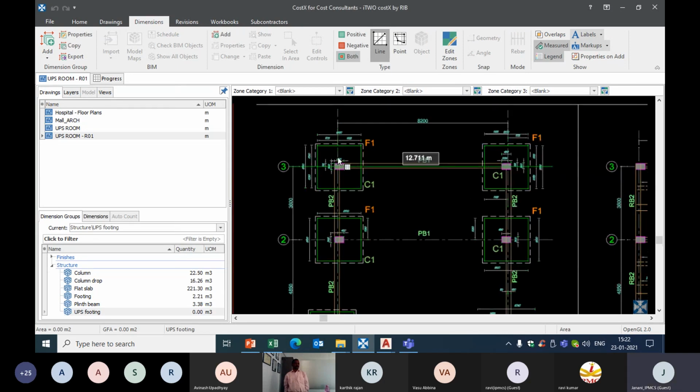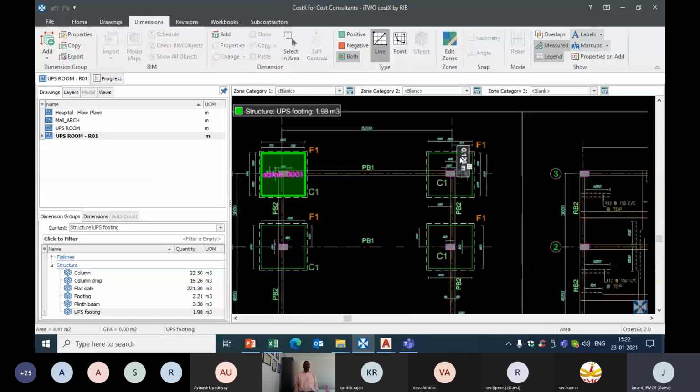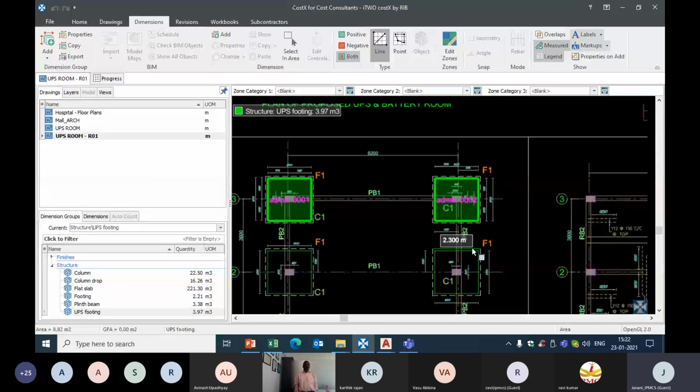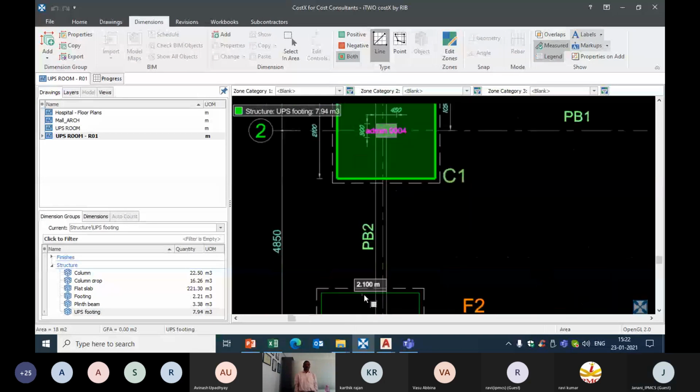So the measurement becomes easier. I'll just use a shortcut. I can measure the areas easily, so I can easily measure all the areas in just a few clicks. In a quick time, I have calculated quantity for all the footings. And if you see the quantity, volume is the same, 11.91 and 22.82, what we arrived at with the manual calculation. Accuracy is 100% maintained when we do a calculation with COSTEX.